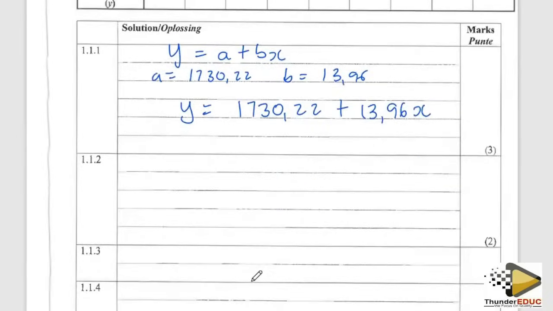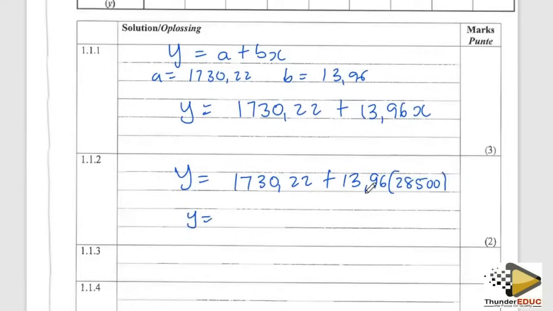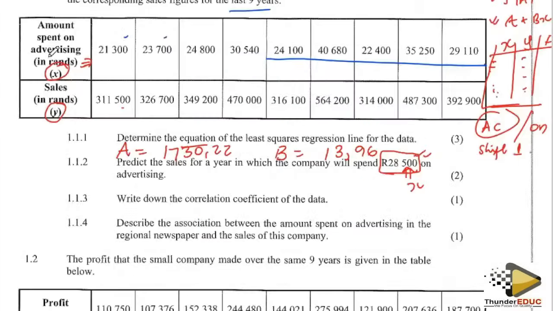Okay. So we said we're gonna have Y is equal to 1730.22 plus 13.96 times 28,500. You just need to put this in the calculator once and for all. And then we're getting our Y value as 399,590.22. So this is how much will be expected when this 28,500 is invested. Okay, then